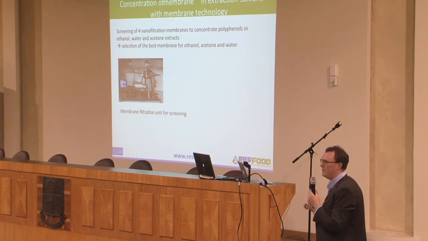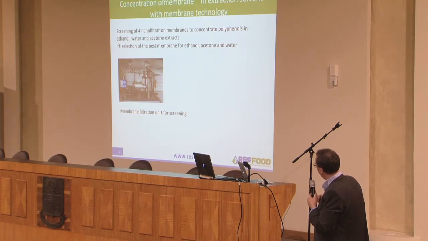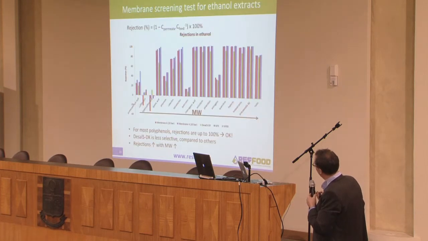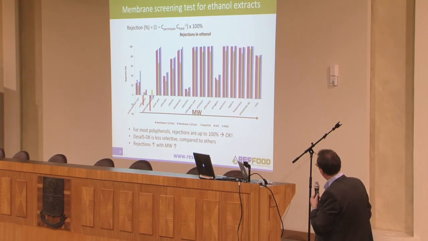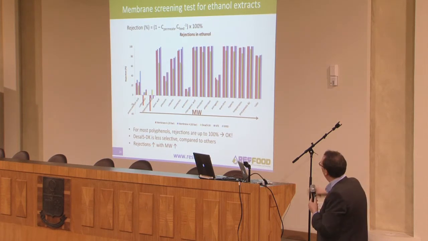So it's a very small membrane filtration unit. We only use it for screening tests. So you see the scale, this is, let's say, 50 ml of ethanol. These are the results for the ethanol extract, so the extracts with ethanol from our apple palms. The different colors: the red one is membrane A at a pressure of 20 bar. The blue one is membrane A at 30 bar. And then we have 3 commercial membranes, DL, NX, and NF90. We call it membrane A. We are working on some IP about this, so for the moment we cannot tell much about the names.